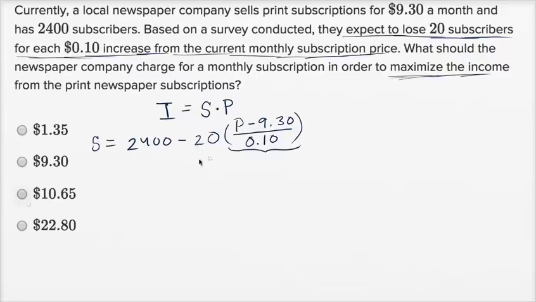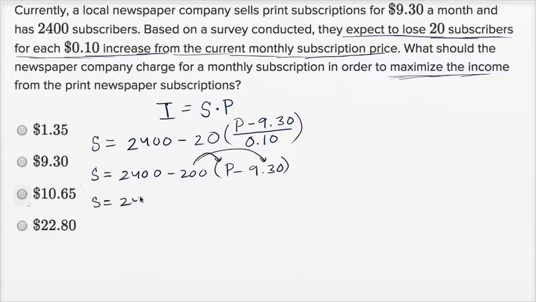Because once you do this, you can then substitute back in here, and then you're going to have income purely as a function of price. Let me show you what I'm talking about. So before I actually even do that, let me simplify this a little bit. So subscribers is going to be equal to 2,400. And then let's see, 20 divided by 0.1 is going to be 200, minus 200 times P minus $9.30. And then we can distribute this 200. So subscribers is going to be equal to 2,400 minus 200P,